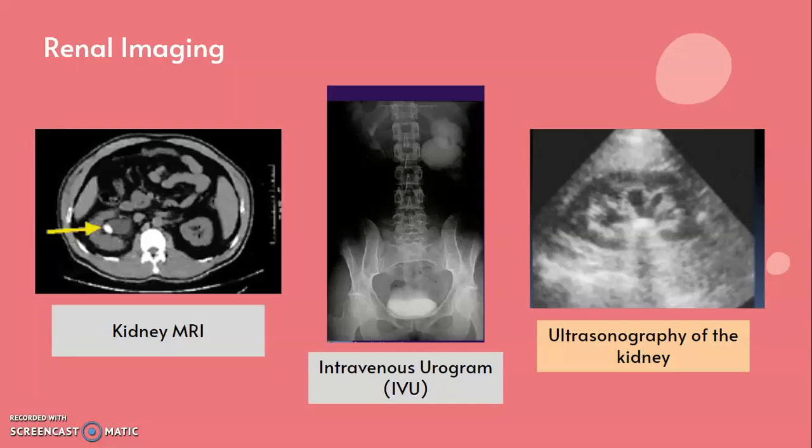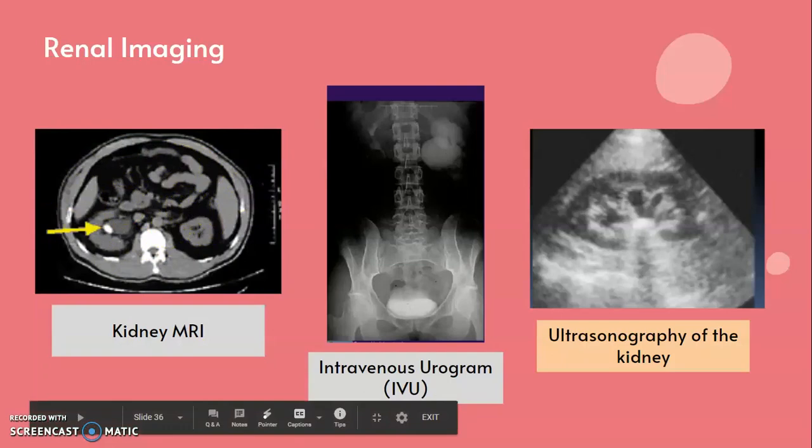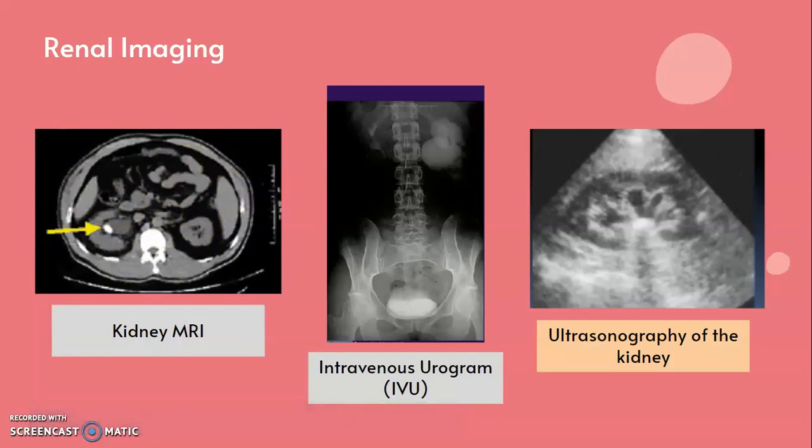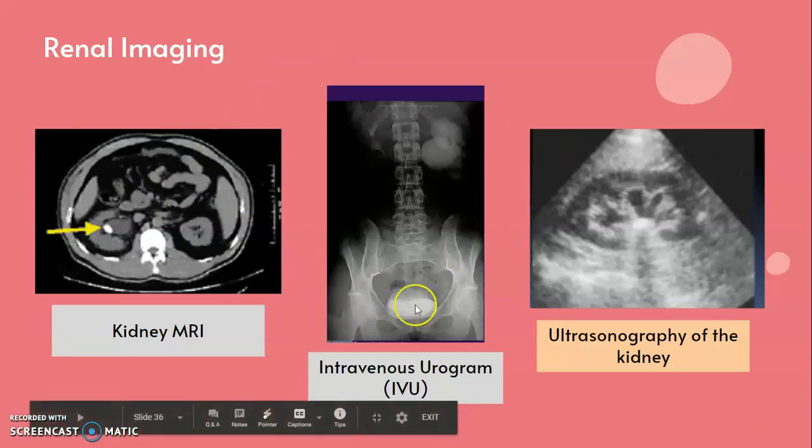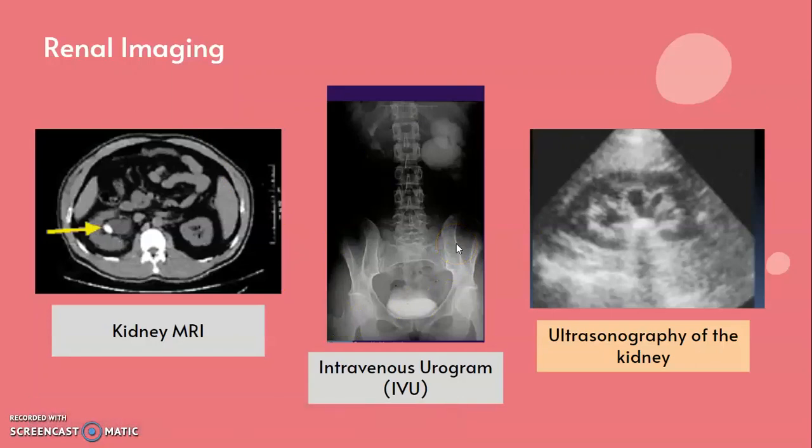For example, MRI. MRI is also known as magnetic resonance imaging. It shows good anatomical information on an obstruction, regardless of kidney function. However, it is poor in determining the cause of obstruction. Therefore, intravenous urogram used to be the investigation of choice for urate stones. However, it has a few disadvantages because it can only be used in patients with impaired renal function, and it could not really detect small